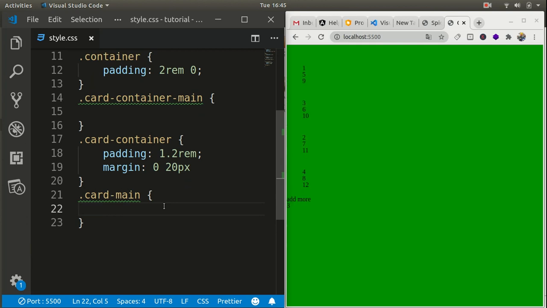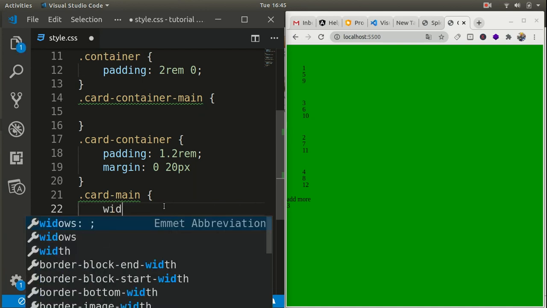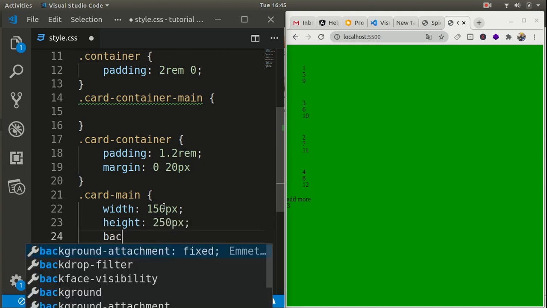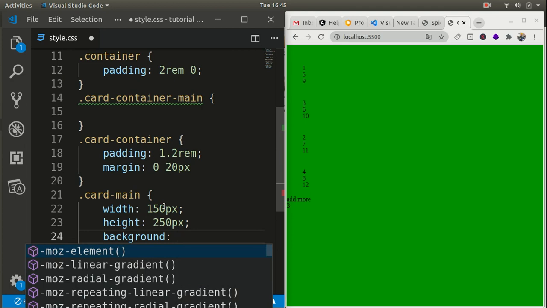Let's save this also, and let's style the card main. So card main will have a width of 150 pixels, a height of 250 pixels let's say, and a background of red color.